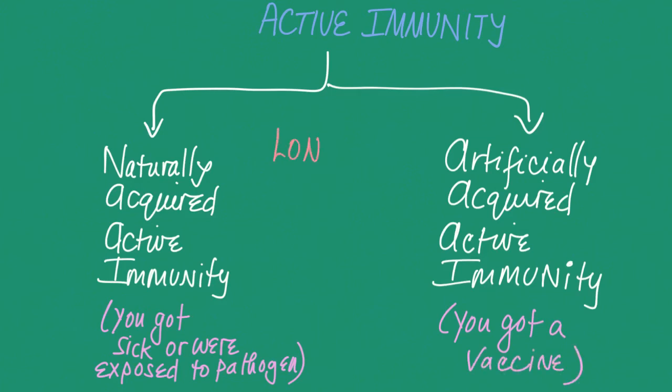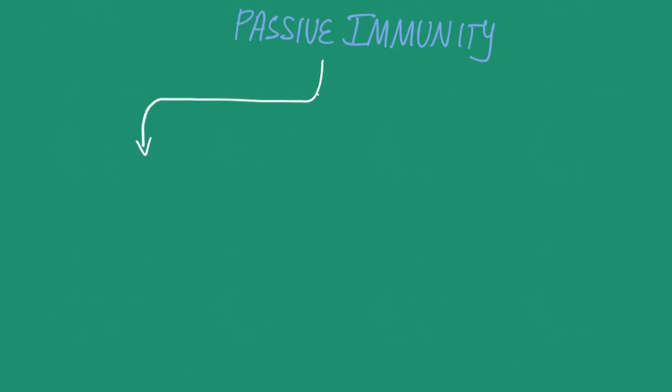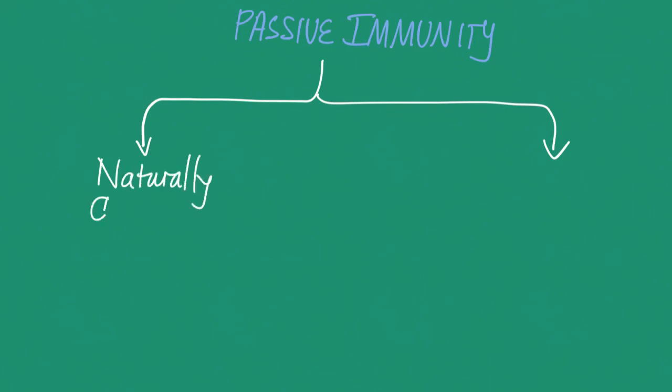Depending upon how long the memory cells last, you get long-term protection from active immunity. This could be from a few months to several years or your entire life. Let's take a closer look at passive immunity. In passive immunity, you are receiving antibodies. There are two ways to receive passive immunity. You can acquire it either naturally, where we call it naturally acquired passive immunity, or you could acquire it artificially,